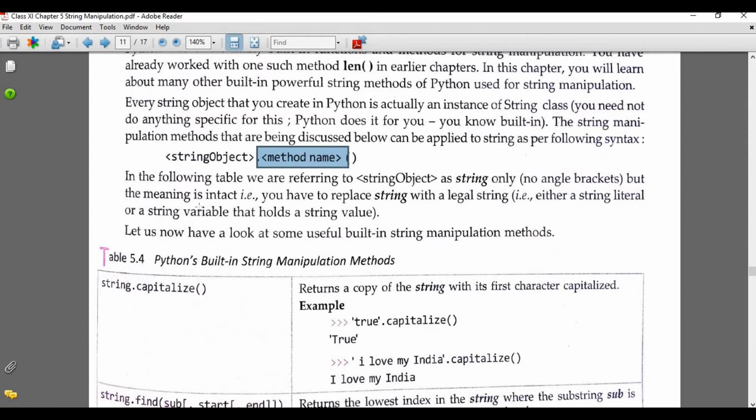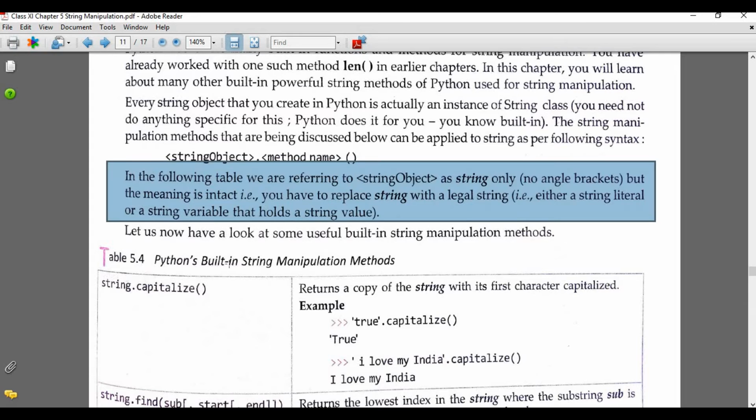But before we start, look at this paragraph. In the following table, we are referring to string objects as string only. No angle brackets, meaning the string object is nothing but a string. But the meaning is intact. That is, you have to replace string with a legal string.